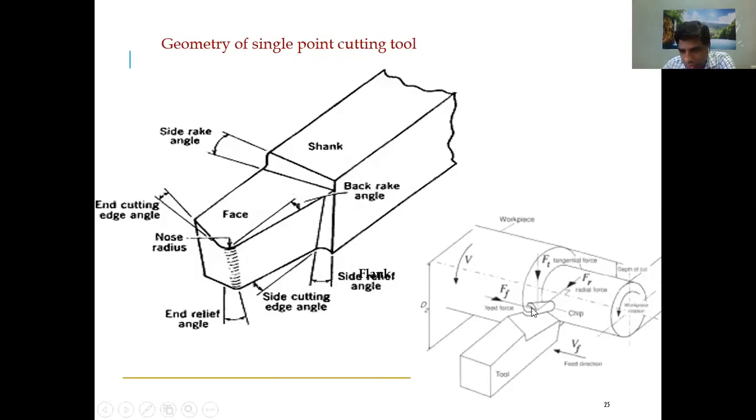So this is your cutting tool, and this is the workpiece. Assume the workpiece is mounted on a lathe. Of the two edges there, this edge is removing this material. You see, this is removing material. This is a chip, so it removes the material in the form of a chip. So this is a cutting edge.